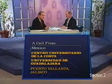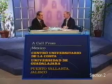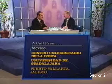My question is, can you define the profile of an organization person? Does the organization person have to be versatile and have multiple facets, multiple sides? Is that what we could say? Very good question. By the way, I wish I was in Puerto Vallarta today, but in any event, I think people who will succeed in this new economy